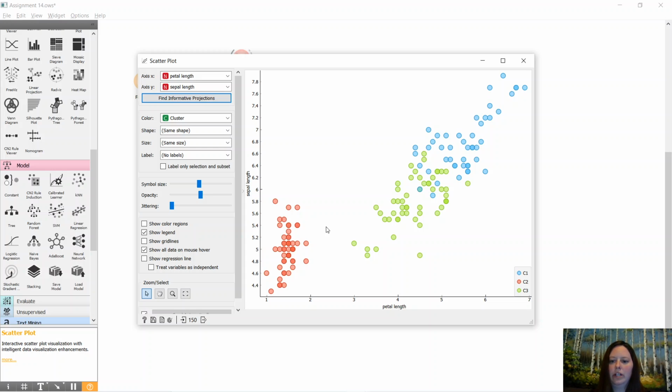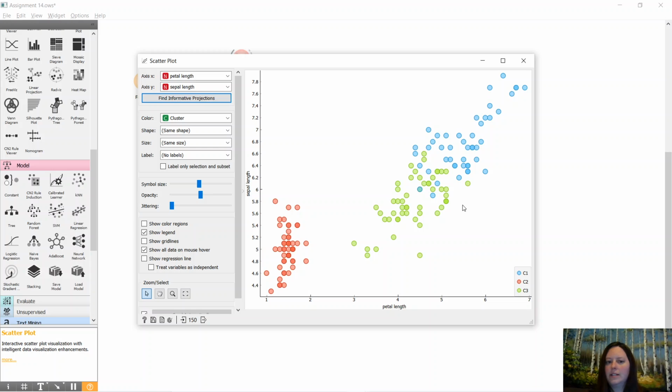Just to refresh our memory, we have 3 different categories. We did talk about the iris type. There were 3 different species of iris that we were looking at, and 2 of them were in this section. 1 of them was down here by itself, depending on the petal length and the sepal length. Here, when we got our clusters, this section here was more one category, one type, one species of iris, and this section here was a little bit different species of iris,